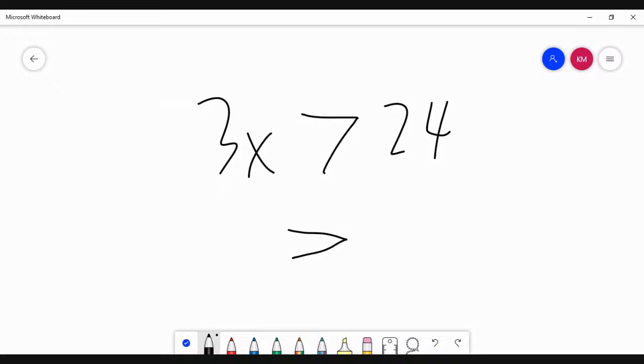Also, the less than sign is shift the comma button. Whichever way you draw it, make sure you have the mouth facing either the left or the right, depending on how you want your statement read. So if 3x is greater than 24, the mouth is going to open at the 3x. If 3x was less than 24,